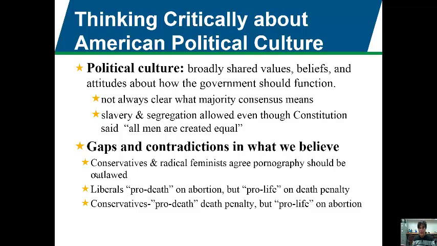I don't really care either way, whichever one you may be. I only use these terms to be illustrative about death and life, and to show that there is a gap and a contradiction in what we believe. So,